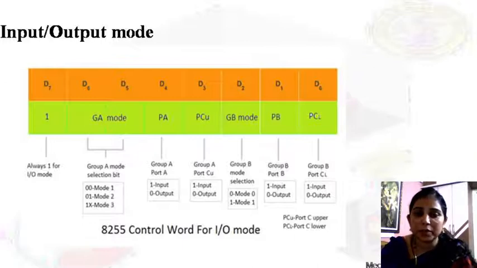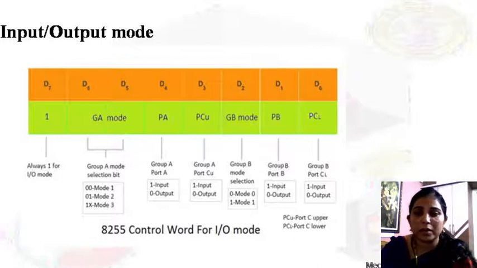Slight changes you need to make here. The modes are mode 0, mode 1, mode 2. If it is 0 0, it is mode 0; if it is 0 1, it is mode 1; and if it is 1 X, where X means don't care, then it is mode 2. Why are we getting 3 options here? Because 2 bits are dedicated for group A mode, whereas for group B mode only 1 bit is dedicated, and a bit carries either 0 or 1. If it is 0, it works under mode 0, and if it is 1, it works under mode 1.